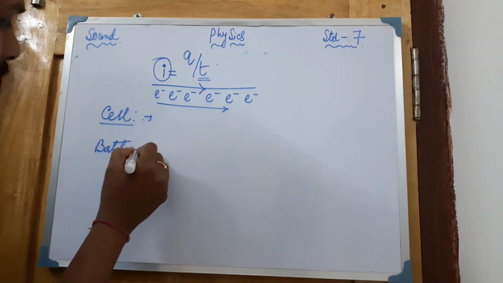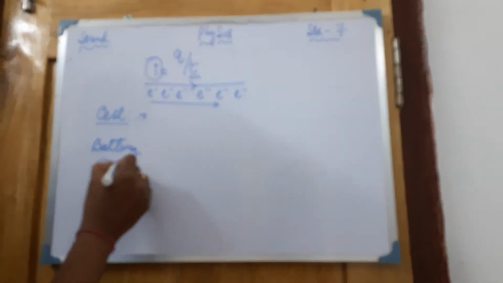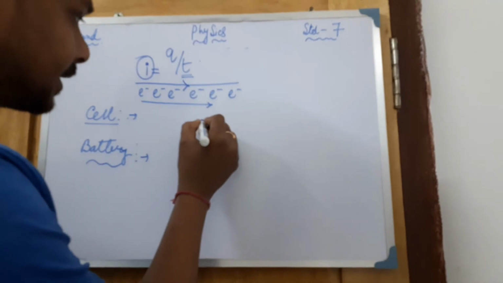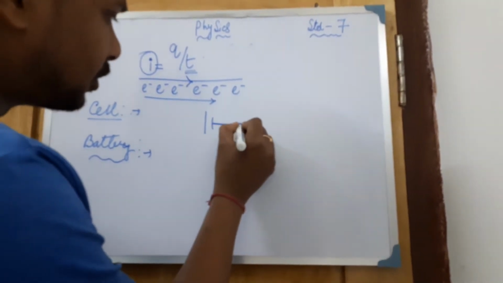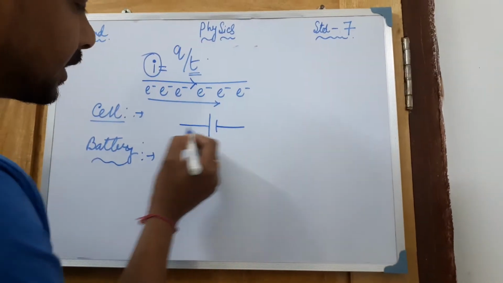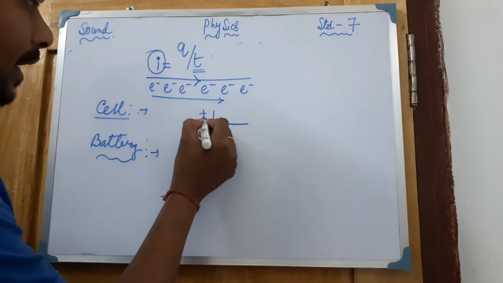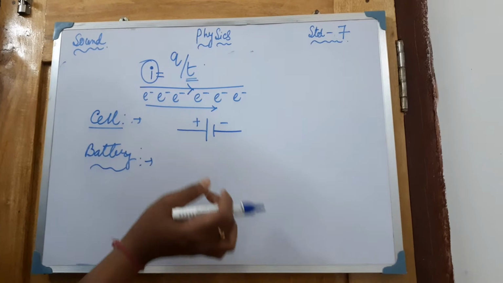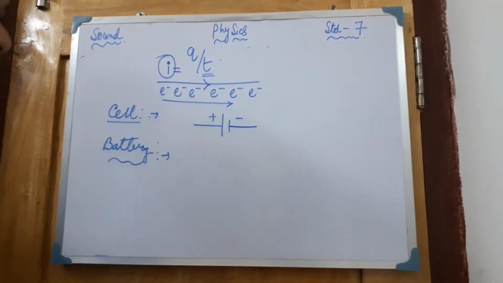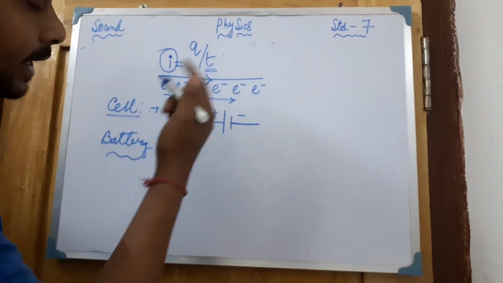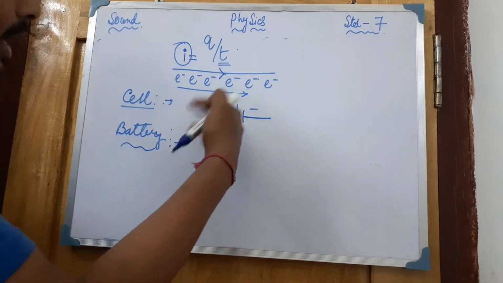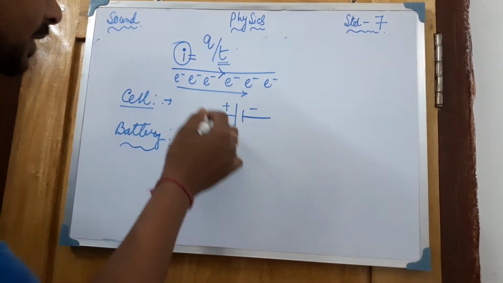Okay, suppose you are talking about the cell and the battery. The basic difference is that a cell means what? One simple thing like this. This is the actual notation. You can tell that one. This is one type of cell. Plus minus. One side will be plus, which has the positive potential, and the other has the negative potential, and in between them the current can pass. These things we'll read in higher classes, how current will pass. And this is actually the cell.